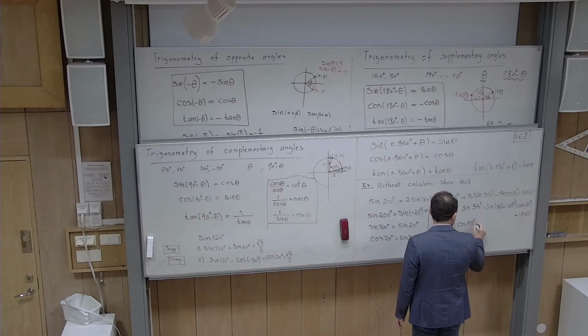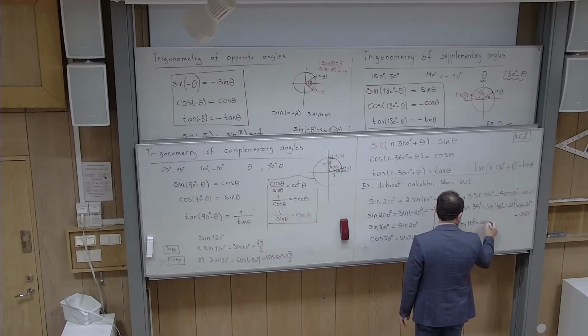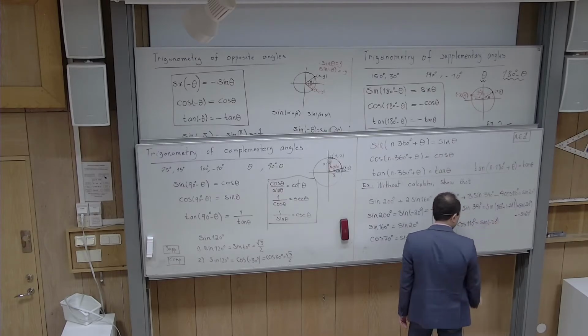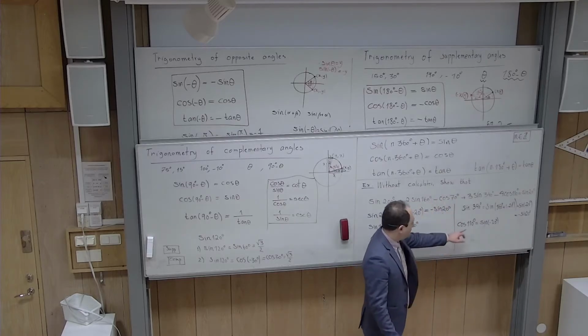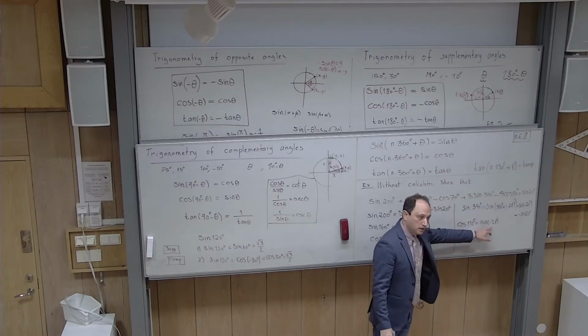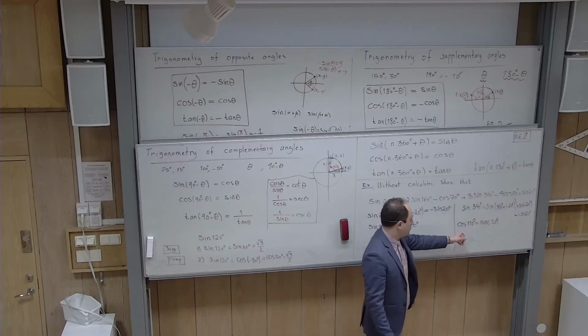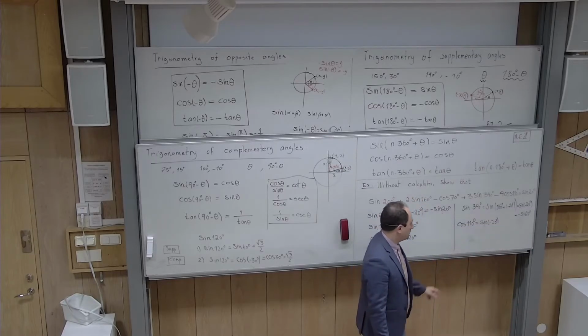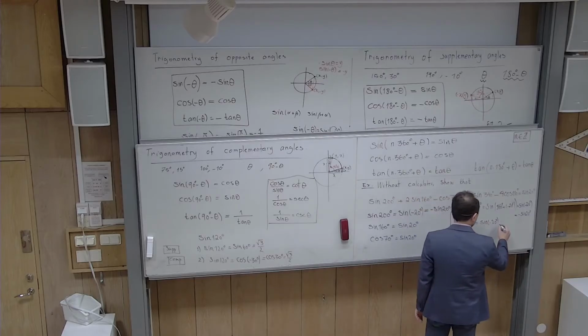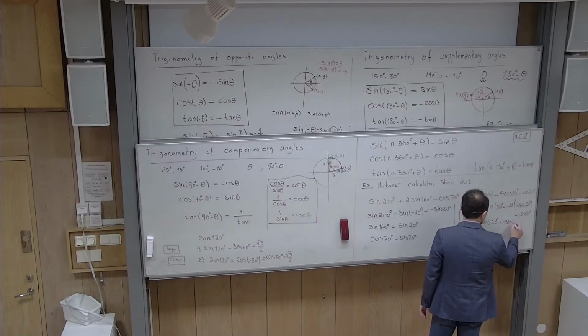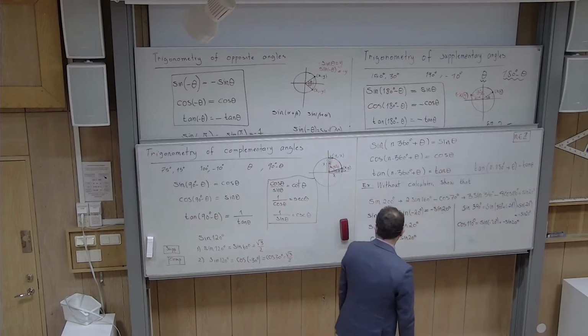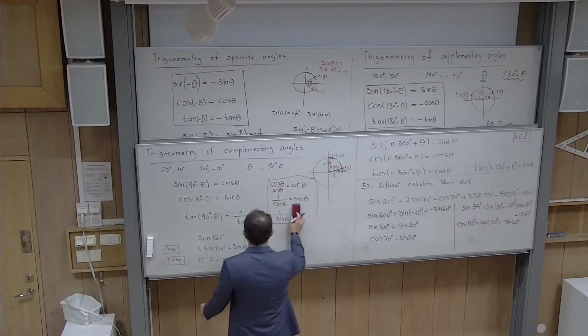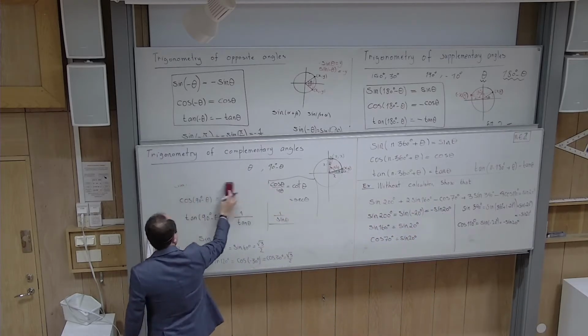Do you agree that if I write it as sine of minus 20? Yes? Because 120 and minus 20 are complementary, so cosine of one of them is equal to sine of the other one. But we just learned that this minus sign can go out. So everything is now settled down, so we can actually